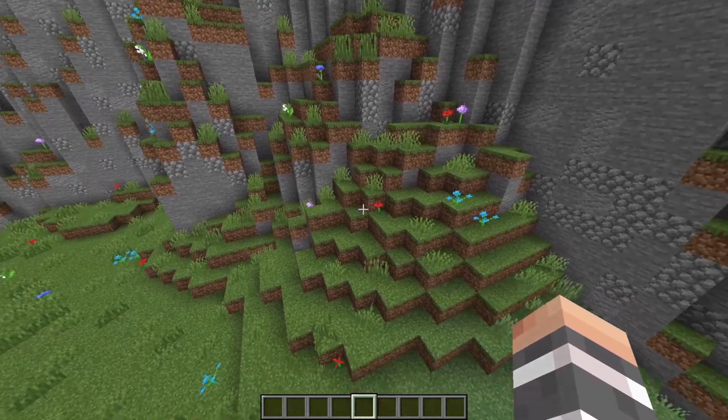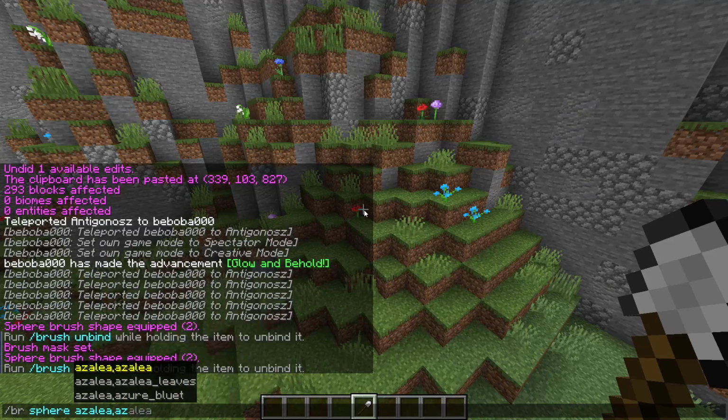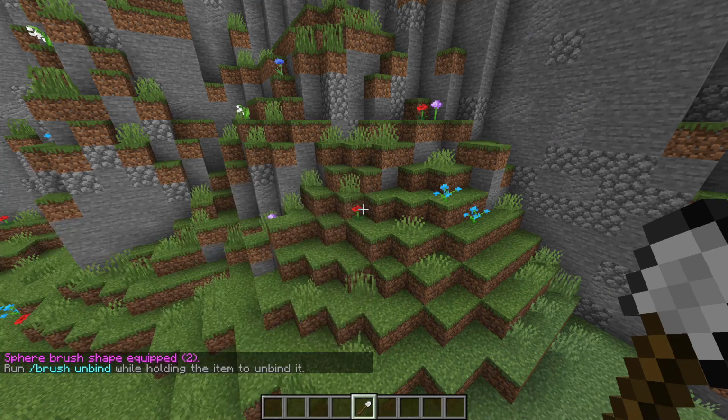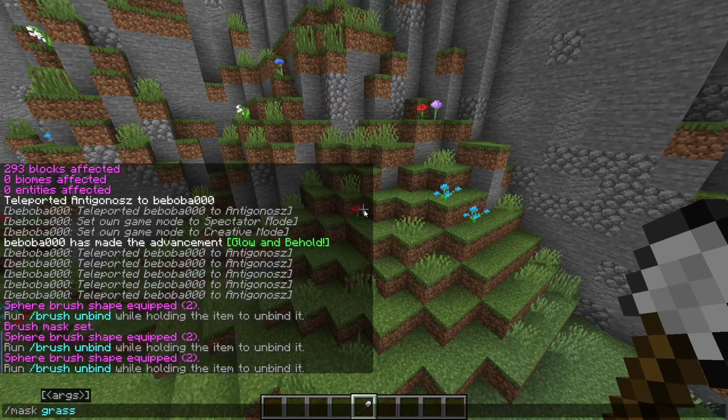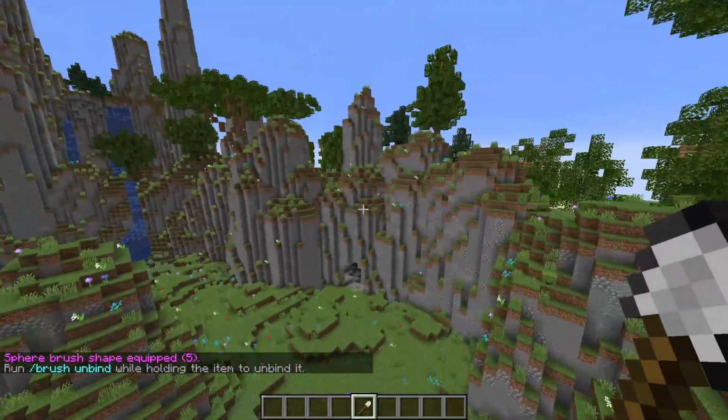Alright, now let's do some adjustments. So we can replace a bit of grass with azaleas. So a brush that has mostly grass in it and some azaleas, then just mask it to grass. Now I could have put some azaleas down when I made the grass, but I don't want that much of them, that's why I'm doing it like this.